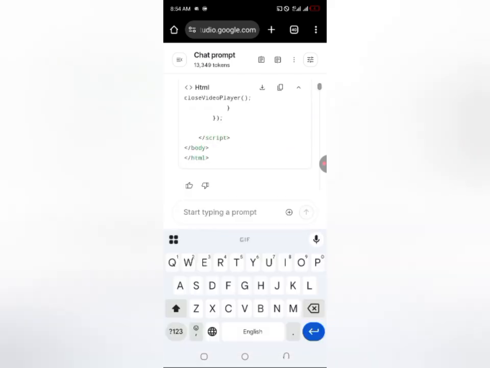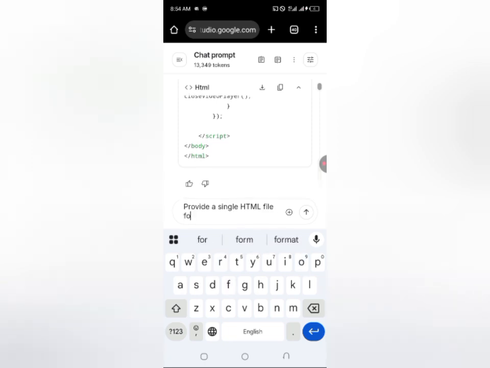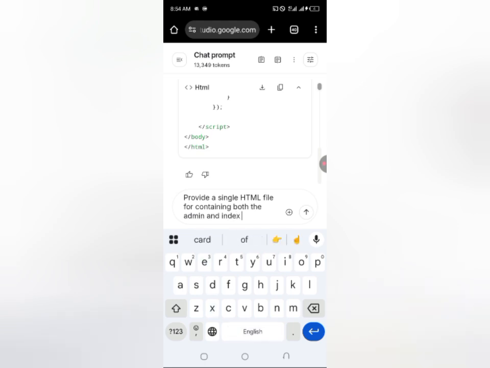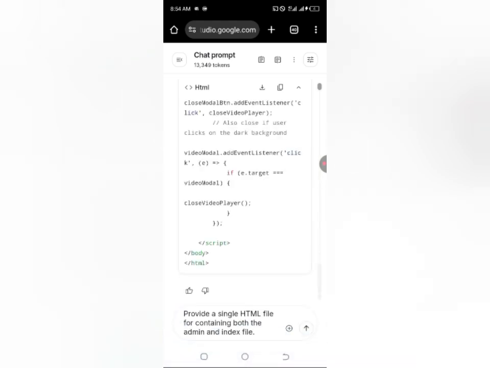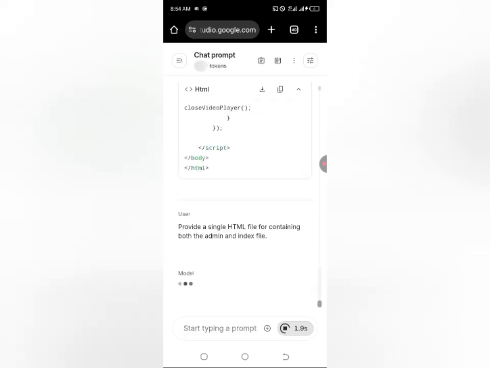I'm going to write, provide a single HTML file containing both the admin and index file. I want it to be a single file so I can upload it on my blogger. As I click on send and this is going,